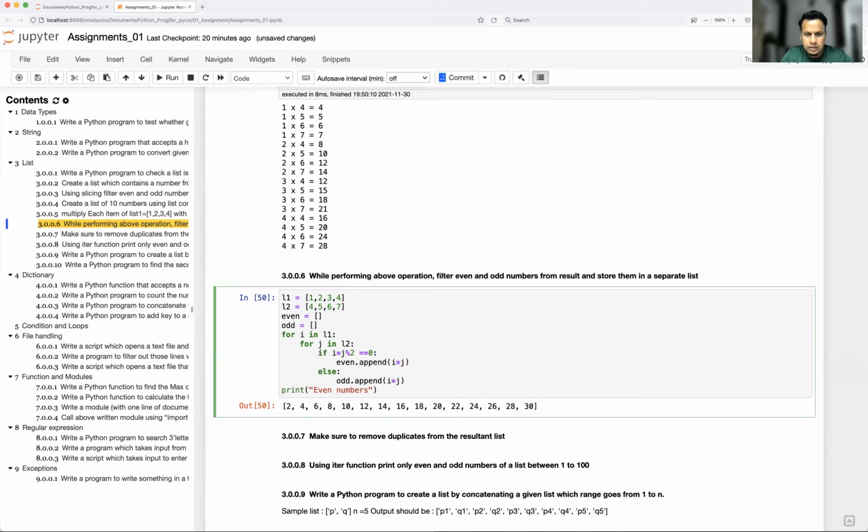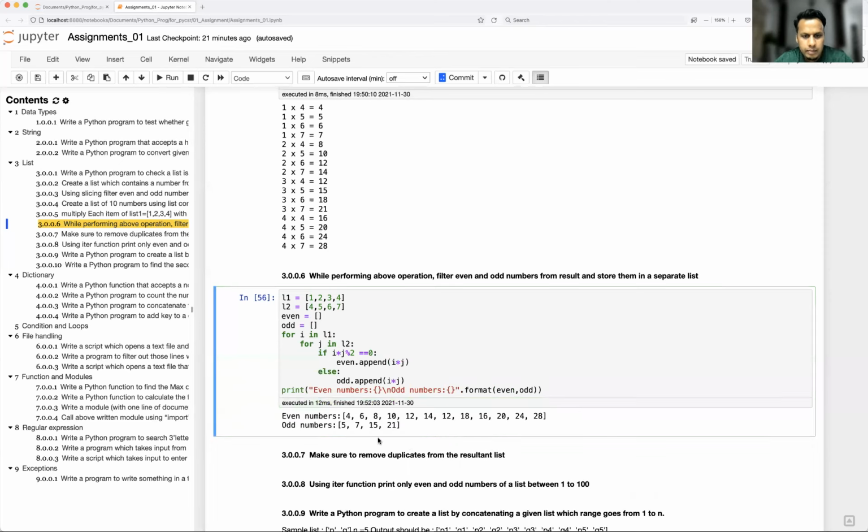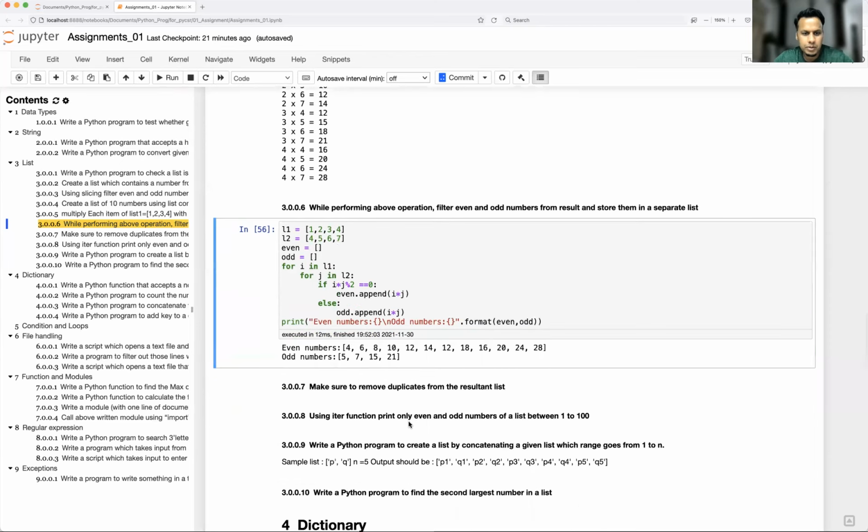Then print even numbers, slash n, odd numbers, dot format, even, odd. So out of this, you have these many even numbers and these many odd numbers. So this is the way you solve it.